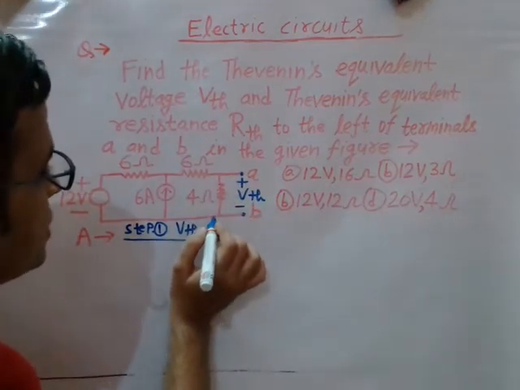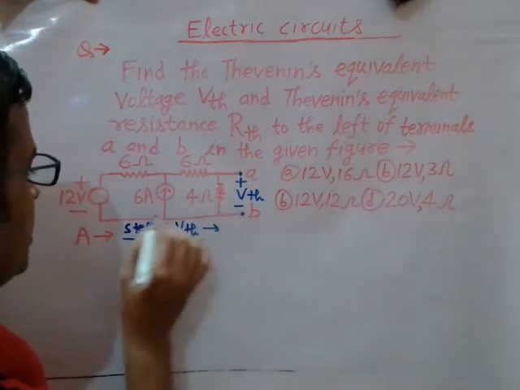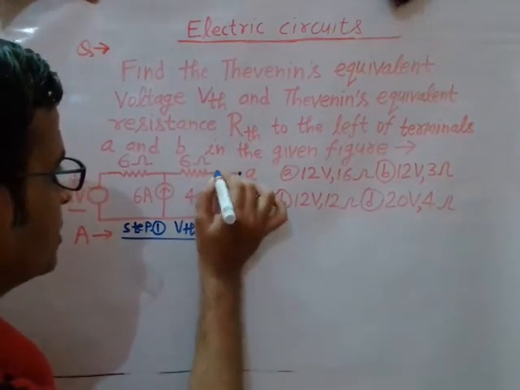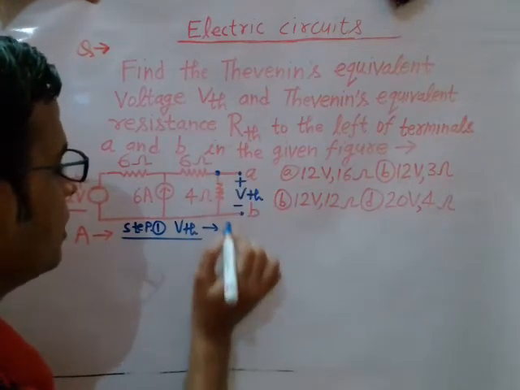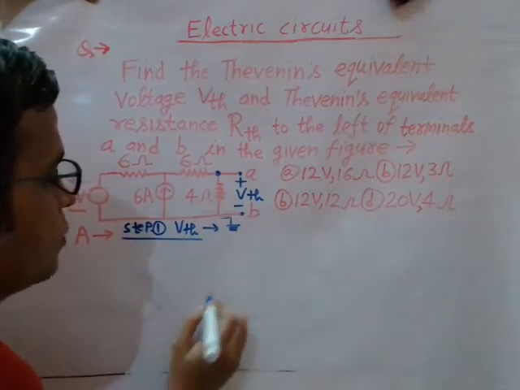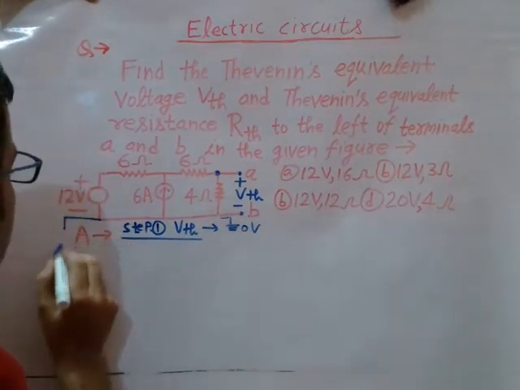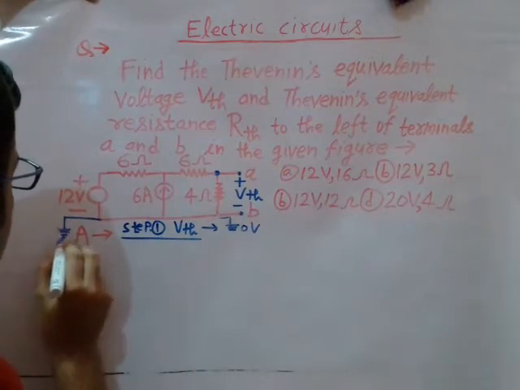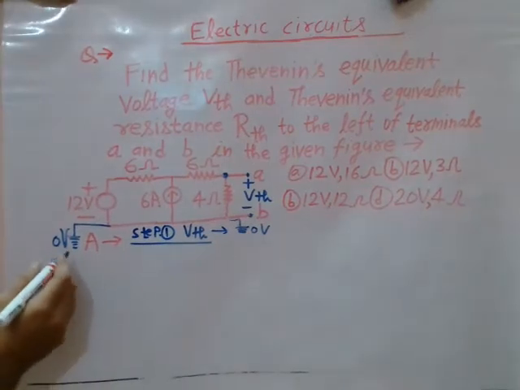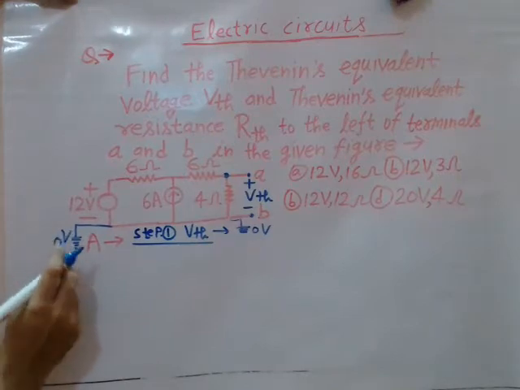How to calculate VTH across these two terminals? You can write with respect to ground what is the potential of this terminal. This is the ground terminal, which means it is 0 volt here. So with respect to this 0 volt,